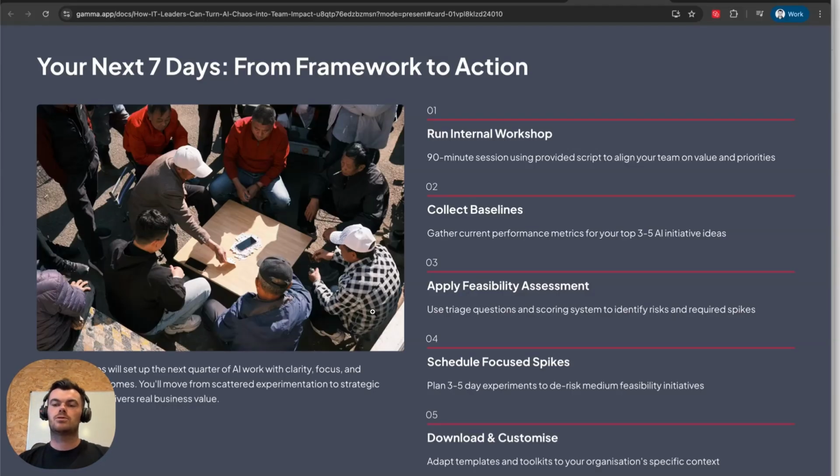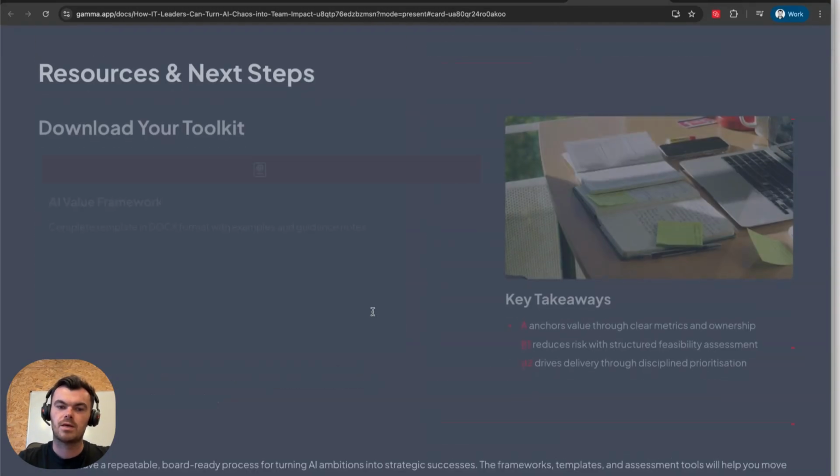Then I want you to get the numbers that currently people, head ofs, boards, managing directors are reporting on, and then based on those numbers and based on how they align with the company goals, go and create the value framework where the value might lie, and then create your first feasibility assessment. Get the spikes in place, and then use the tools that we've given you today to build out the 90-day plan, and share it with the team on how you're going to be using AI.